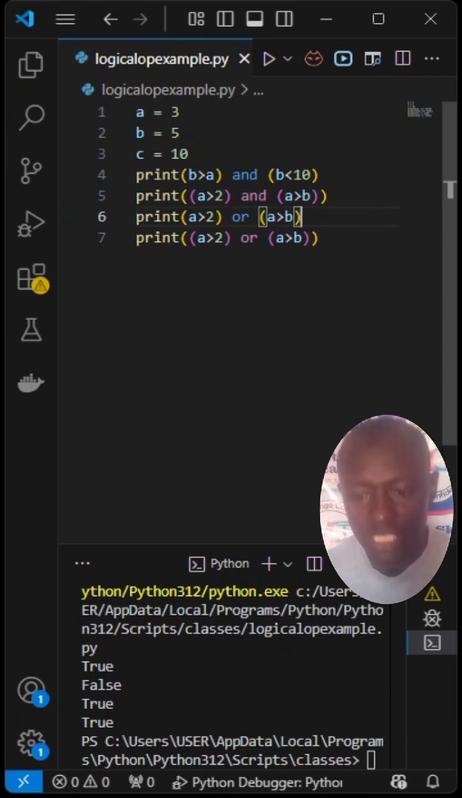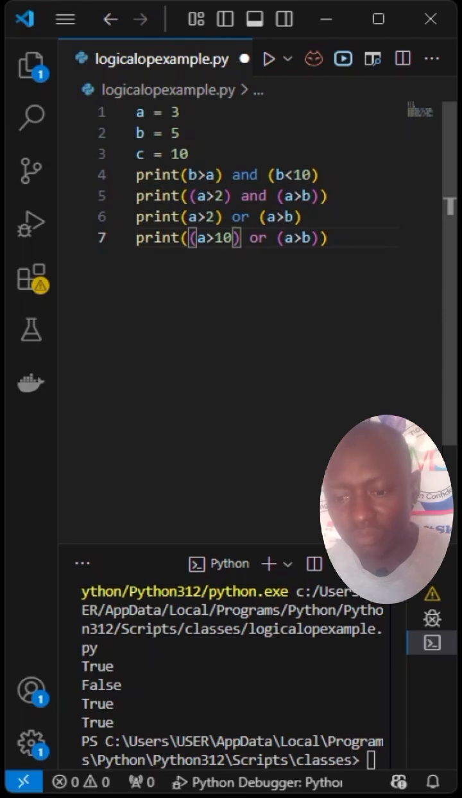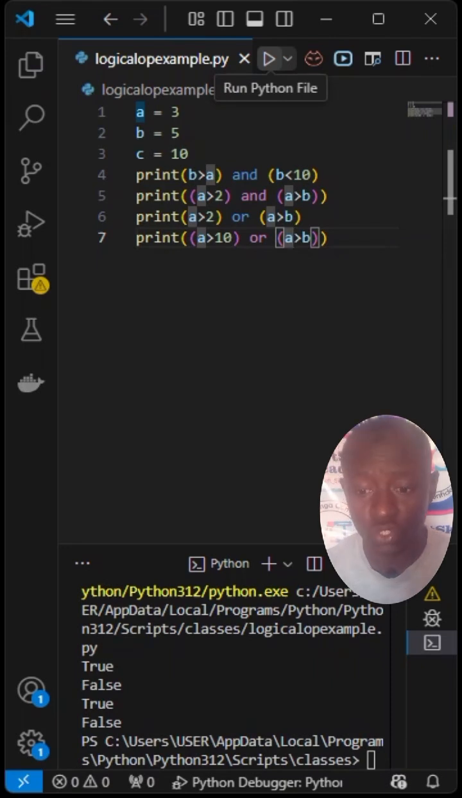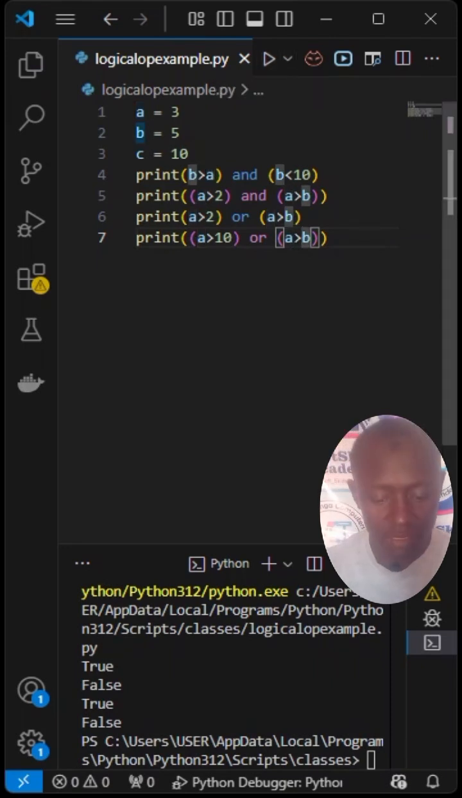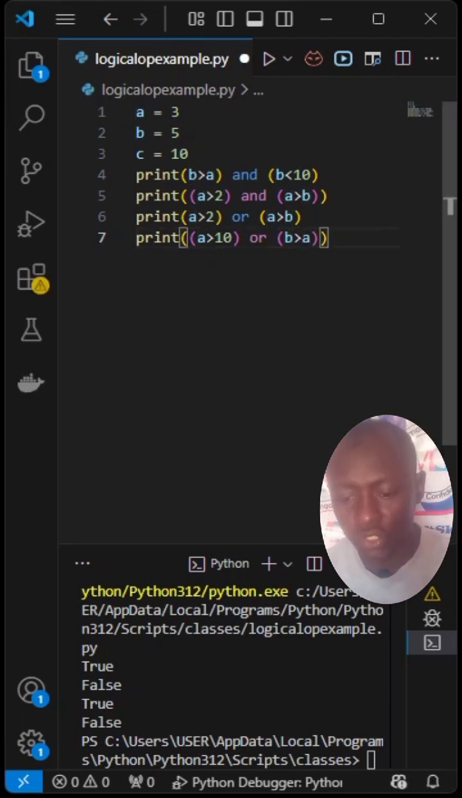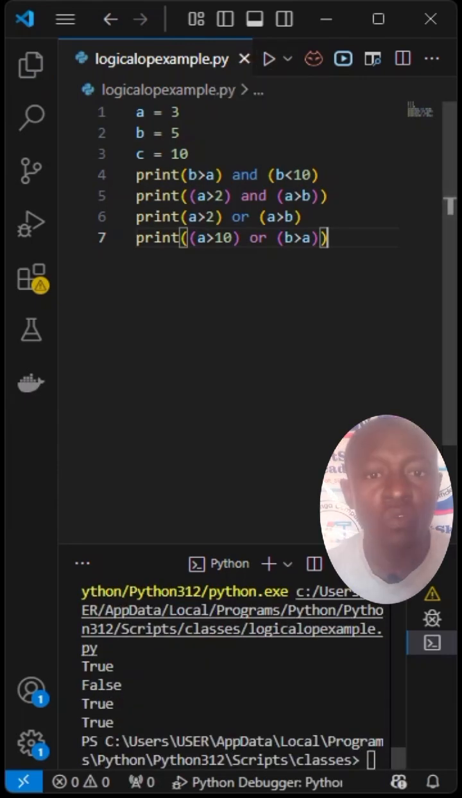Are we together? So if here A is greater than 10, or A is greater than B, it's going to be false because both the conditions are what? Are false. But if you say B is greater than A, you see one of the conditions still is true, so it's going to return the true value of this